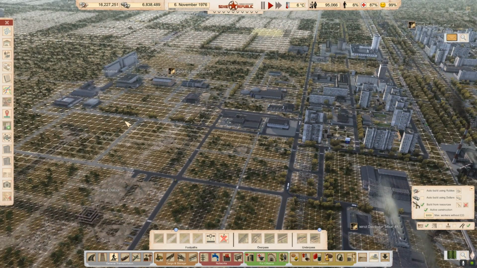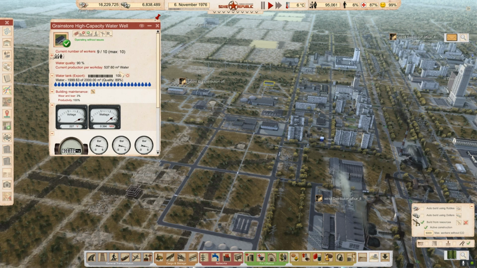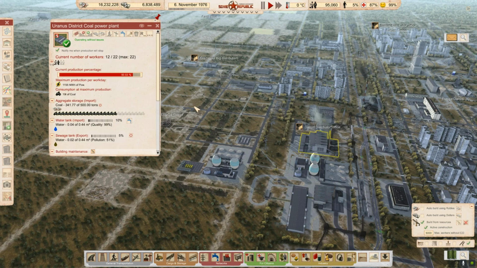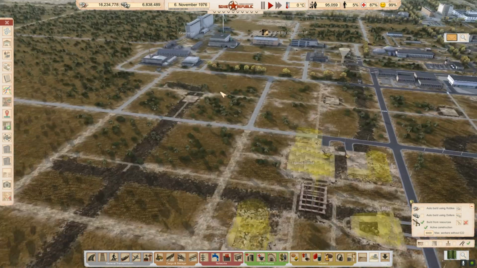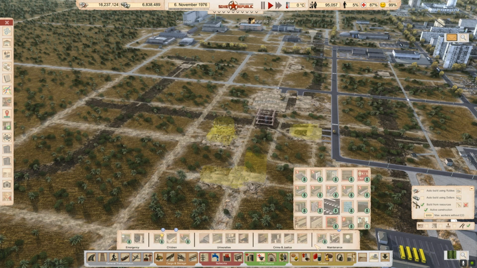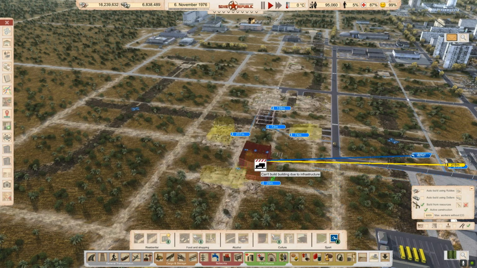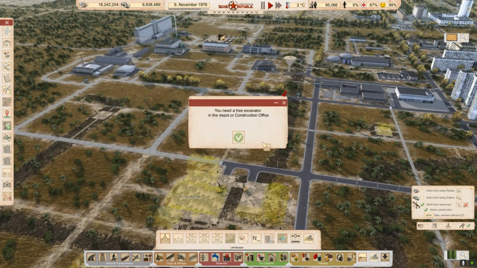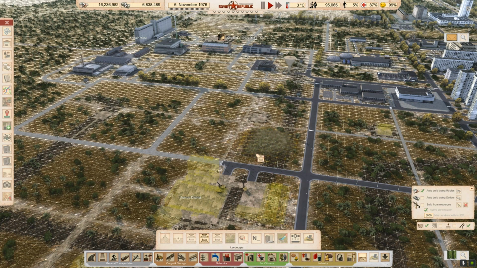Right. Excuse me. Okay, so what's the water looking like? It's 90% still, so it's not too bad. Definitely need this power plant to be built as soon as possible, really. Raise this up a bit just to...